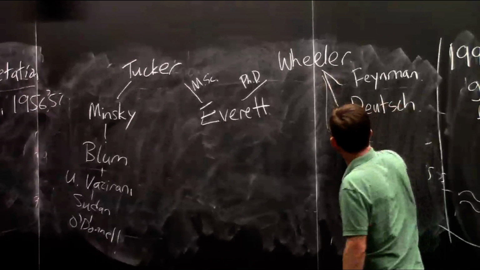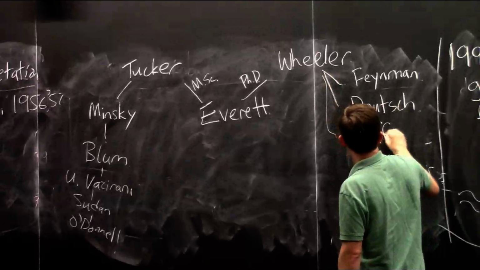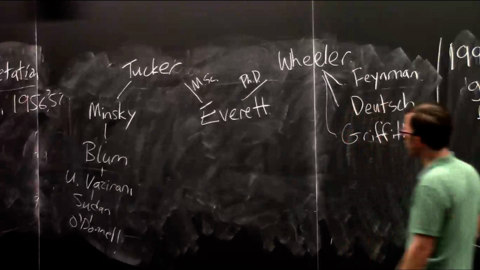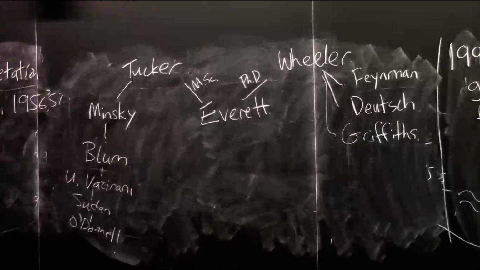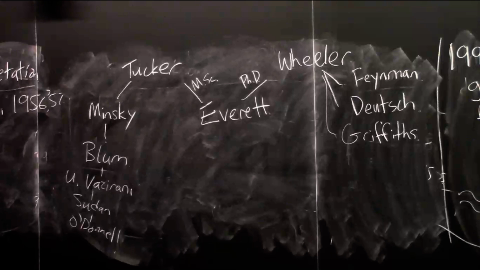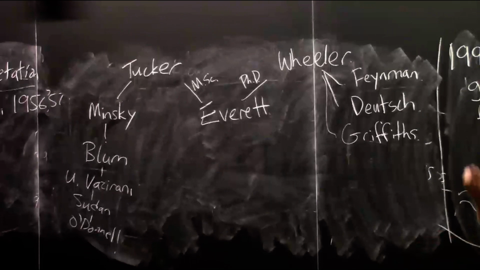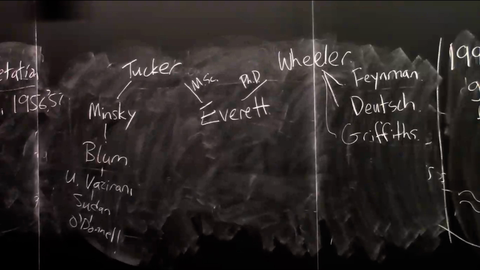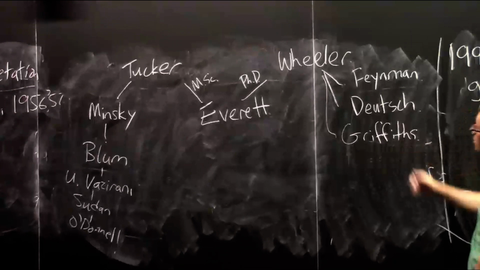Also Griffiths. Griffiths was a PhD student who got his PhD in the early 60s, then became a professor of physics at Carnegie Mellon University until 5 years ago. He's now retired, but he comes in all the time. You'll see him around. He's a very cool guy, has PhD students. So he's a quantum computing or quantum physics expert around CMU.